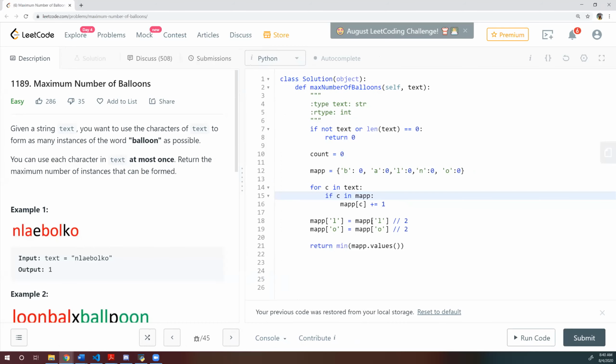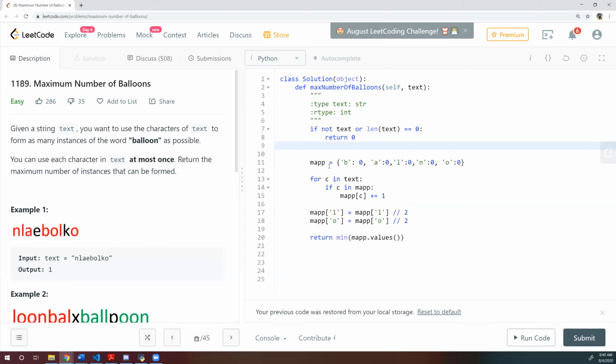It's coming here. Yeah. So I don't think this is necessary. I'm just taking a minimum of it. I created a map with initialization of 0 for BALON, then checked if each letter exists in the text, and increased that count.